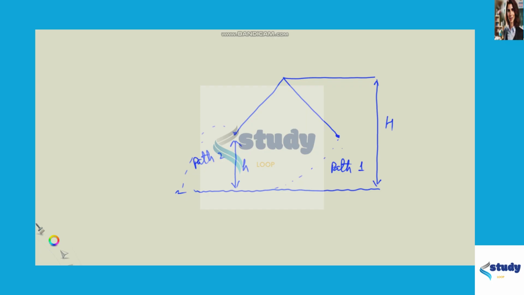Now the velocity of the person while touching the water level following path 1, v1, is given as 13.0 meter per second, with which he enters the water. So